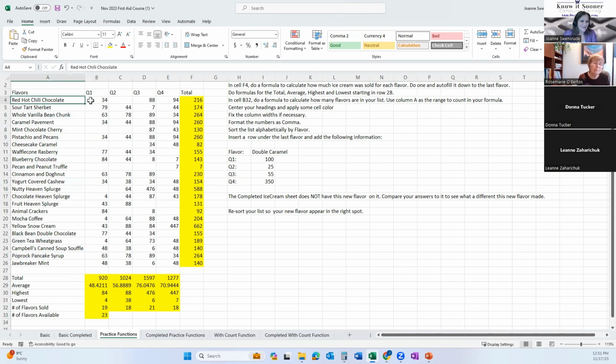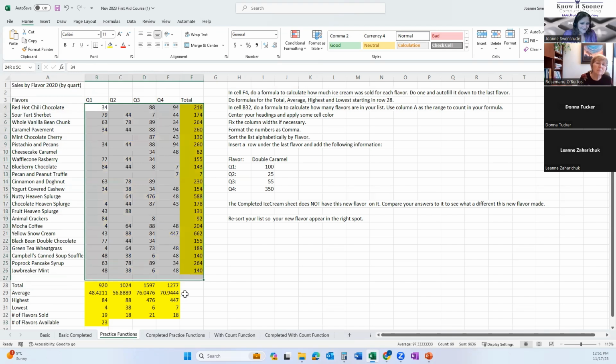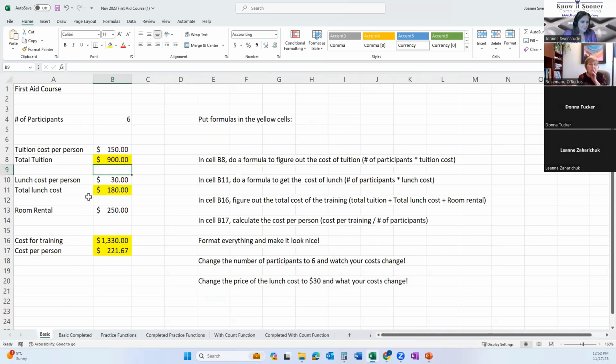Maybe. Okay, let's do some formatting because these guys down here are going crazy. So these are quarts. It says up here, sales by flavor. Quart by quart. I'm going to select them all. There's no money here. I did like it though, in the back to the basics one, where I selected it and it all went to nice 2 decimal places. If it was a big number, it had a comma. I did like that idea.